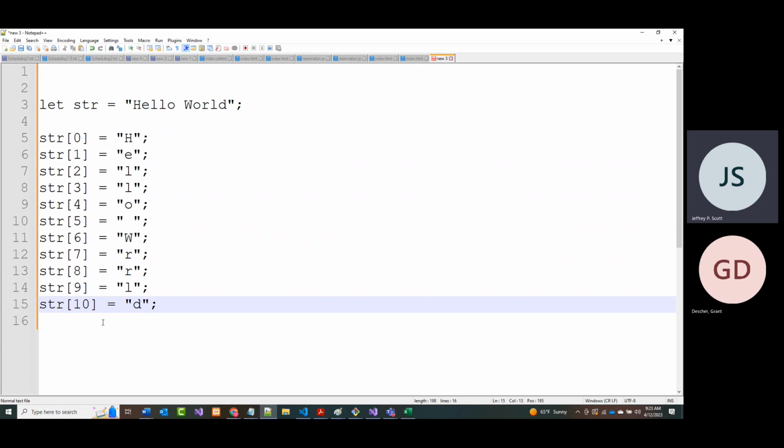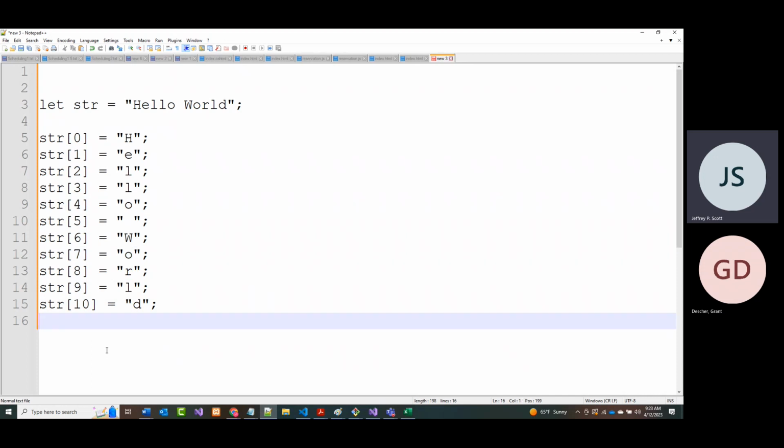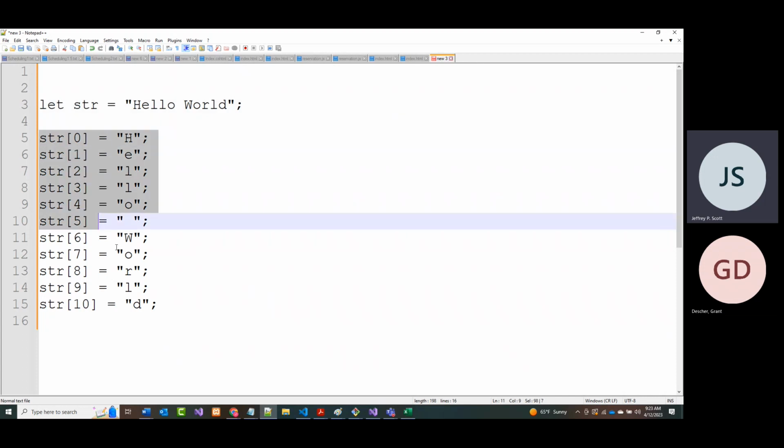Now you might look at that and say, that's fine, who cares? Well, the point is that there are some things that you could do with a string that you cannot do with an array, and there are some things you can do with an array that you cannot do with a string. So sometimes what people end up doing is they take a string,